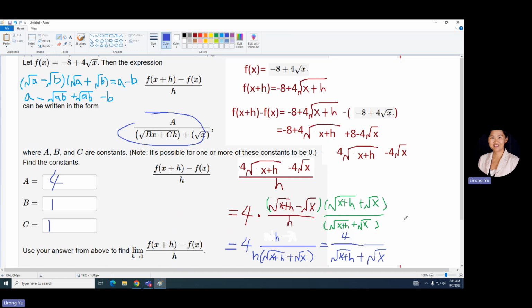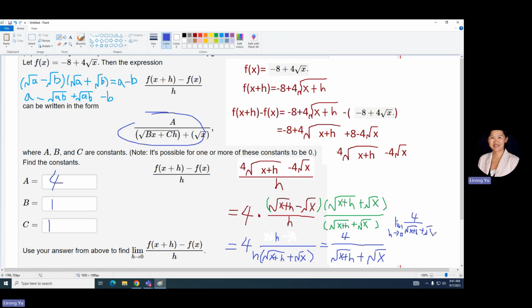If you multiply root of x with root of x, it is x. But if you have root of x plus root of x, it will just double the root of x. So just 2 times the square root. Yes. Okay. That was an error on my part. Sorry. Okay. So the limit of this when h equals 0, the limit of 4 over x plus h